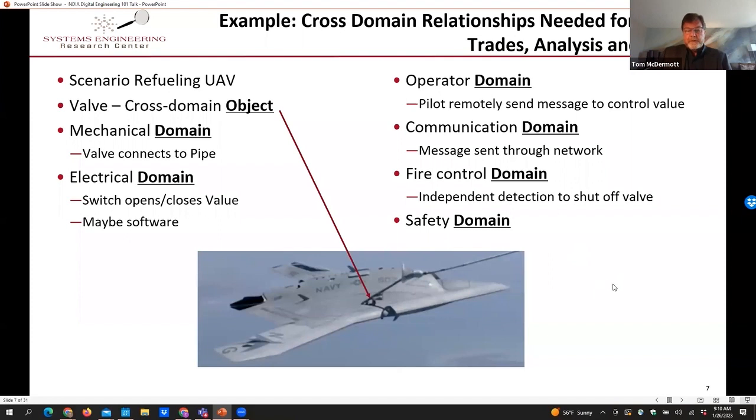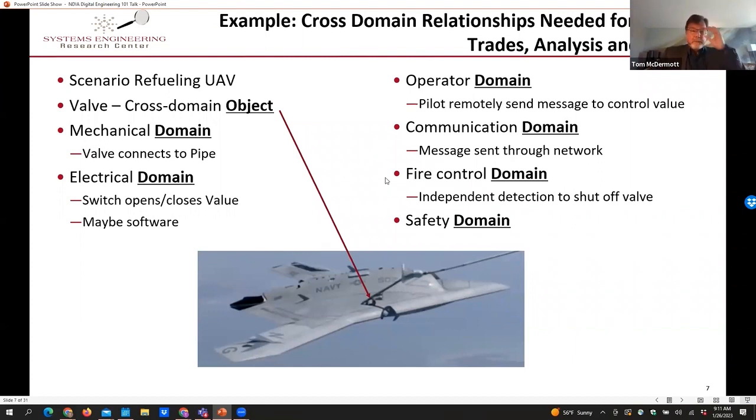If the machine you're working on is a human-pedaled bicycle, that set of relationships, even down to the gear and sprocket, is relatively simple. If it's an in-air refueling valve on a drone that's controlled over a network, that part itself is not necessarily more complicated, but the relationships managed around that part become very complex, particularly if each one of these domains is operated on by different organizations. So the organizational aspect of this becomes quite difficult.